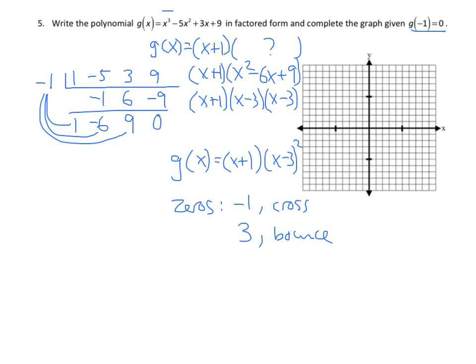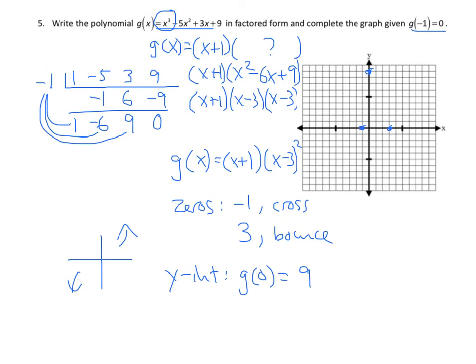So for end behavior, I look at the very first term of the expression. It's an odd degree with a positive leading coefficient, so the end behavior is going to look like that. And the y-intercept is what you get when you plug in 0 for x, which is going to be 9. It's easier to plug in this form up here because everything becomes 0 except that 9. And then I plot all my points, so I need an x-intercept at -1. I need an x-intercept at +3, a y-intercept at 9,